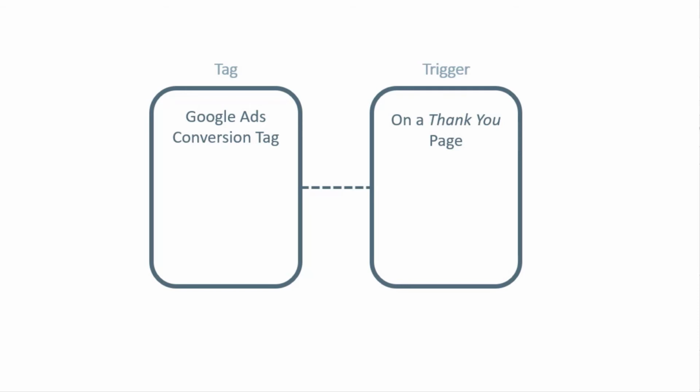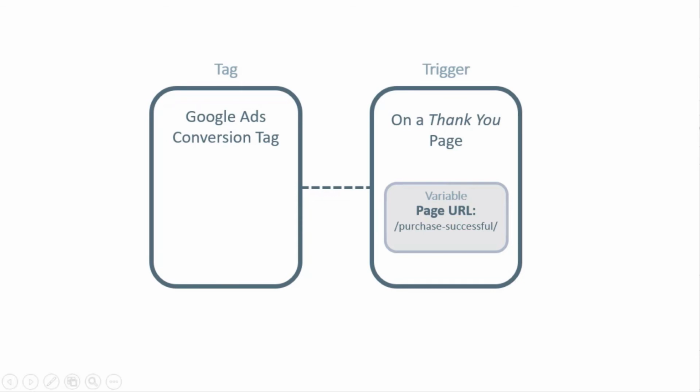But Google Tag Manager is not a human, it's a system, and it does not know what a thank you page means. We need to be more specific. We need to instruct the system to behave as we want. So in this case, that's where variables become very handy. We want our trigger to fire not on any page view, but only on those pages where a variable, which is page URL, contains purchase successful, because we know that a visitor lands on this page only when that visitor has actually purchased something. So this is our conversion.